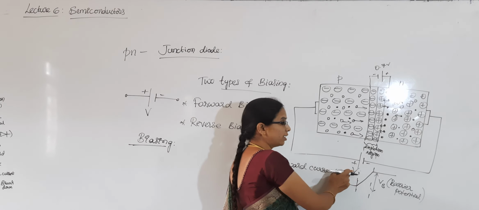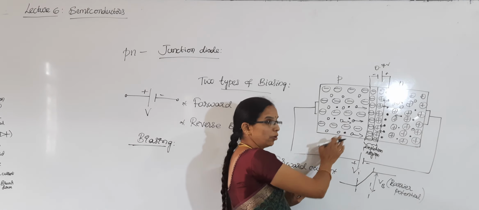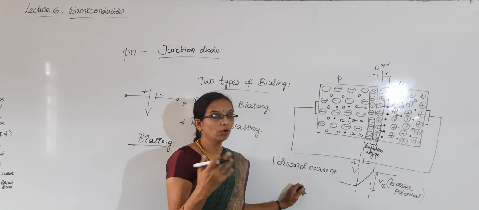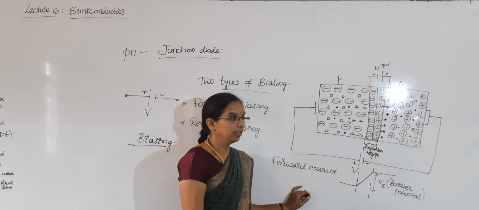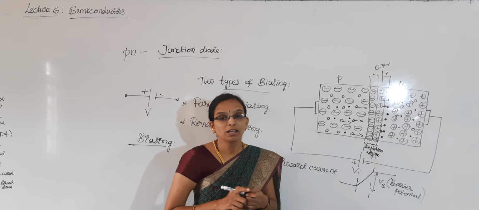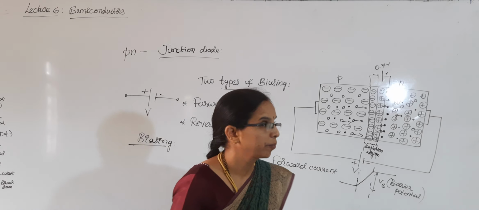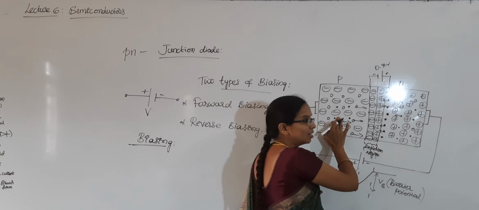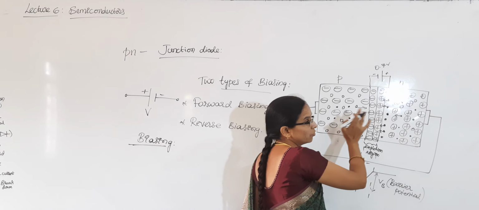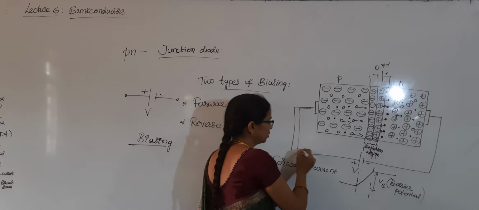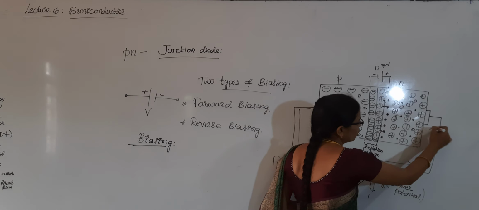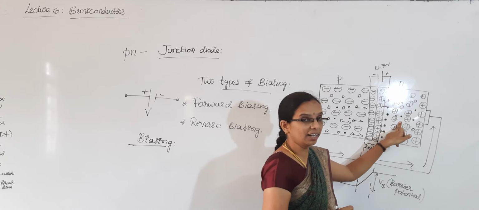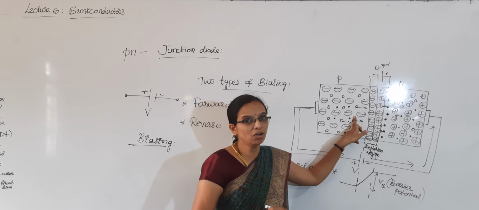If the voltage is further increased, more charge carriers will cross the junction and you can expect more current. That means when the diode is forward biased, current flows through the circuit. In the N region, the electron flows. In the P region, the hole flows. Because of those, you can expect current. And in the external circuit, again, electron flows. In the external circuit, you can expect only electron current. In the N region, electron current, whereas in the P region, there is a hole current.